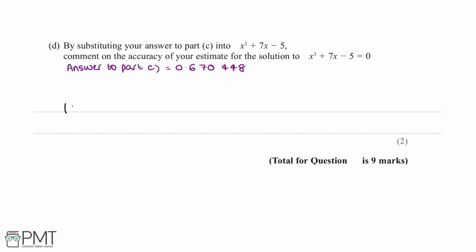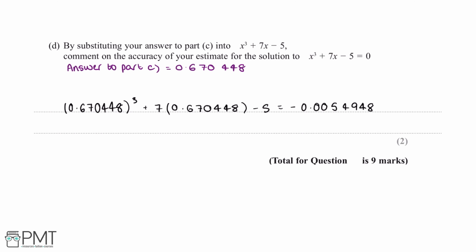So if we substitute our answer from part C into x cubed plus 7x minus 5, this will give us 0.670448 cubed plus 7 multiplied by 0.670448 minus 5,